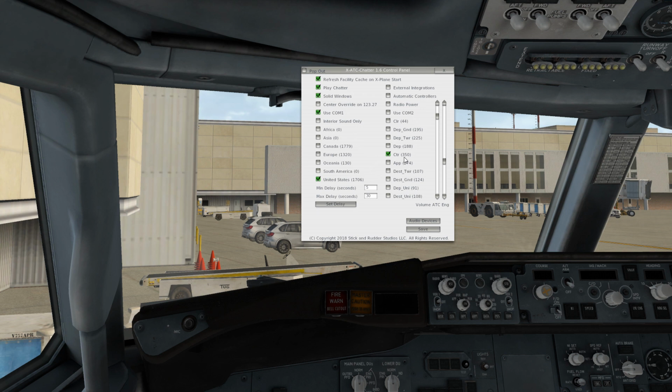Okay. And I can just manually pick a different controller here. I'm going to pick center. So in a second here, it should come up and start playing chatter. And you can set these delays too. So, down here I've got this set right now for a minimum delay of 5 seconds and a maximum delay